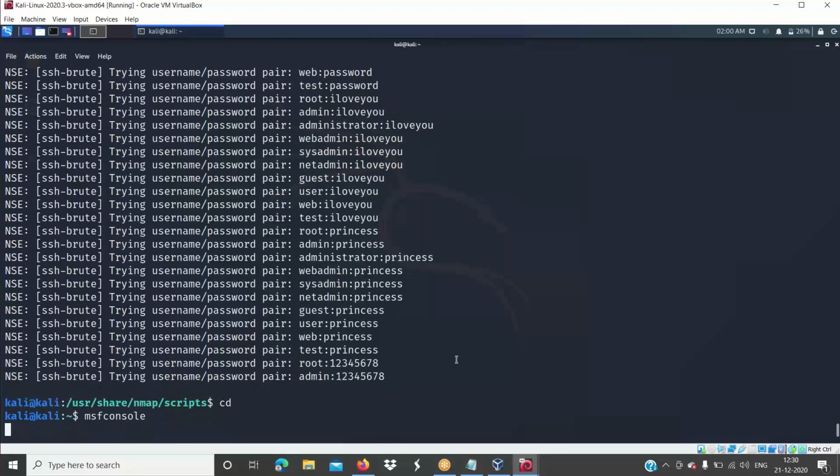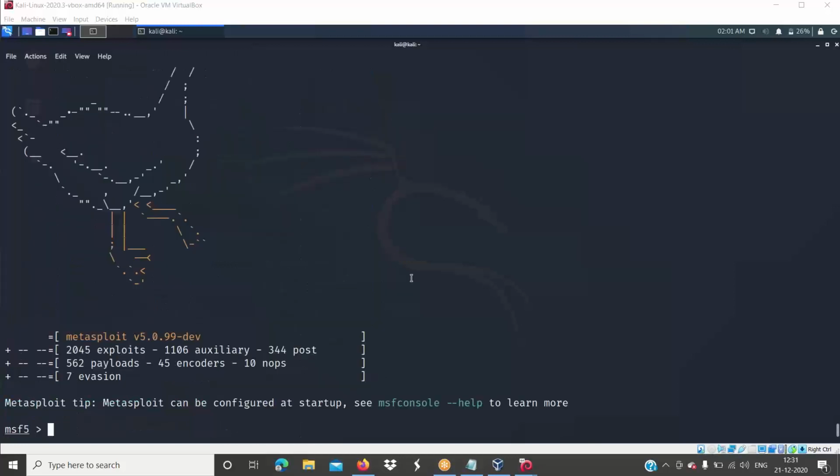MSF console auxiliaries also. As I told you, auxiliaries can help us in many ways, with modules that even help us perform brute force or dictionary attacks. This is basically a dictionary attack where we have given the word list and we are comparing against it with the help of the tools. I'll show you a couple of methods. If something is not working, you may go with the other one, because not everyone will use the same methods to crack it.